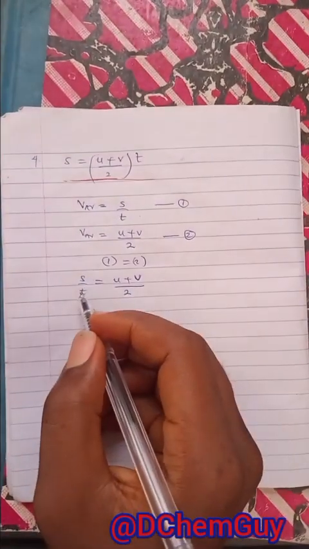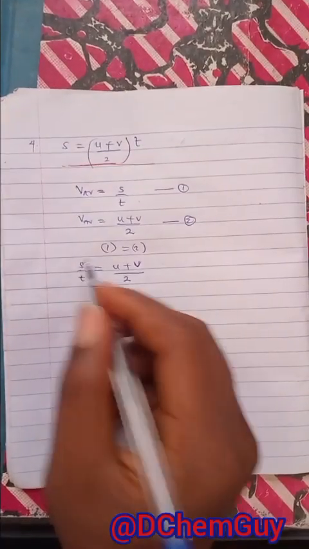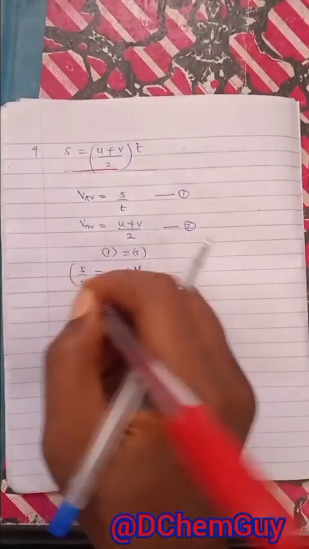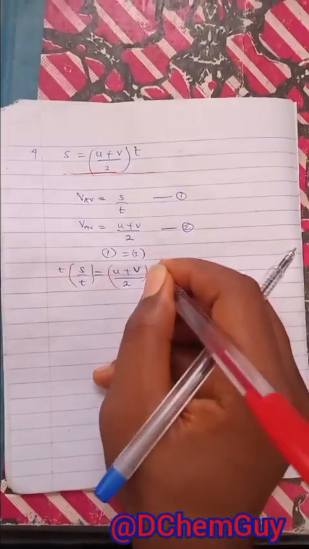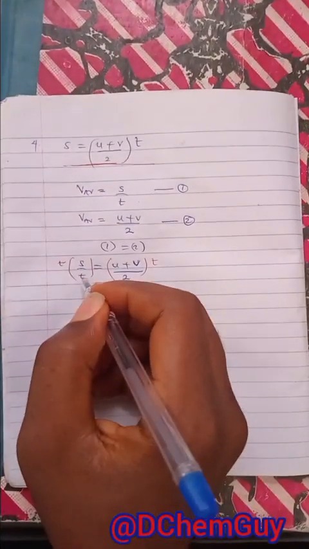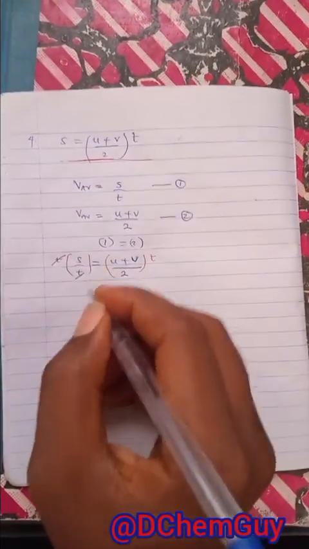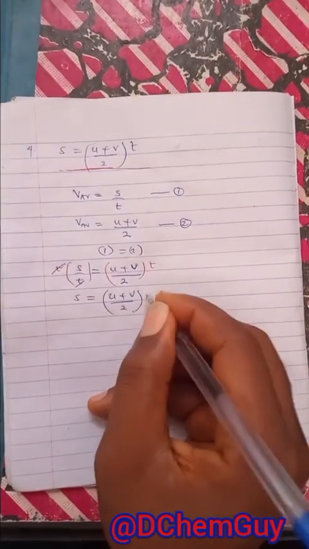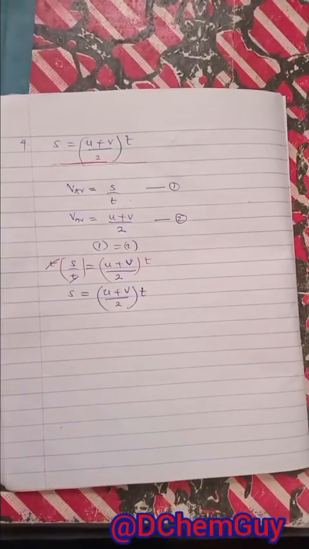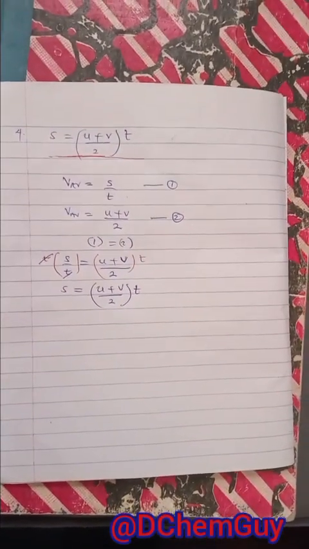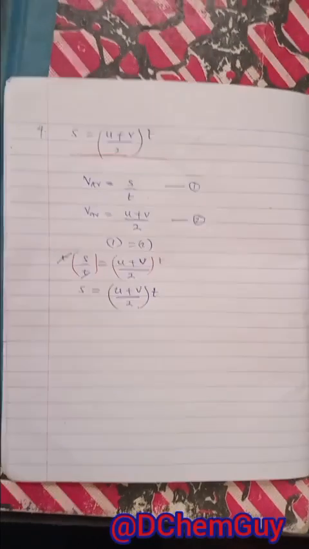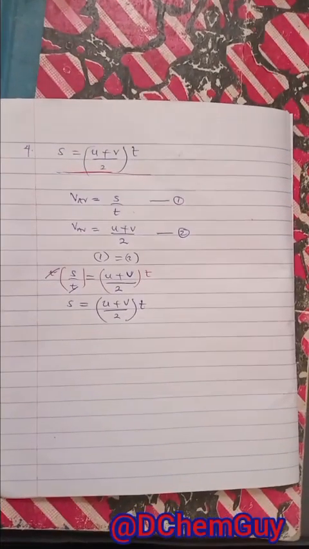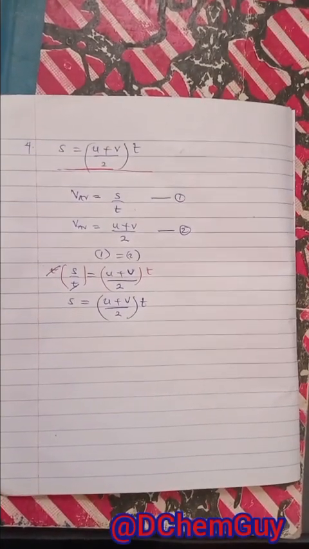Okay, but the aim is to make s the subject of the formula. So what do we do? We just multiply both sides by t, so that t times t cancel each other. Then we're left with s equals u plus v all over 2, all in bracket, t. So this is how to prove the equations or derive the equations of motion, and it can be used to solve problems regarding position of objects, acceleration, time, and